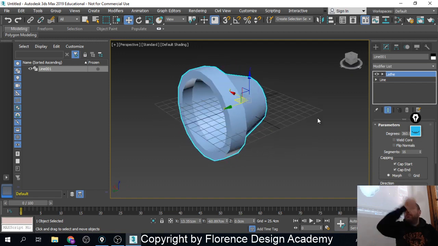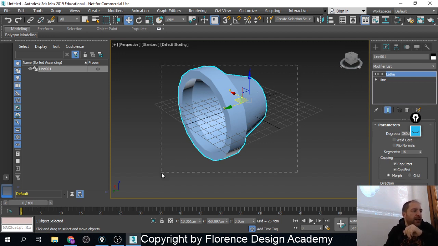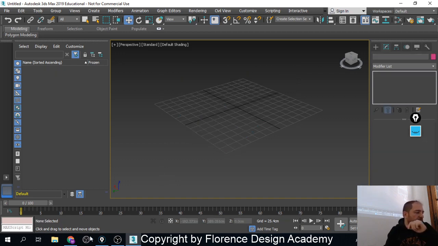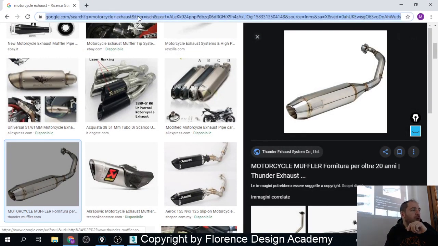I can make a bell in the same way. I mean, whatever is round can be made with lathe. The only thing that is slightly abstract is understanding which shape you have to draw in order to create the solid that you need. And the thing is not that complex actually, because if we look for round objects like